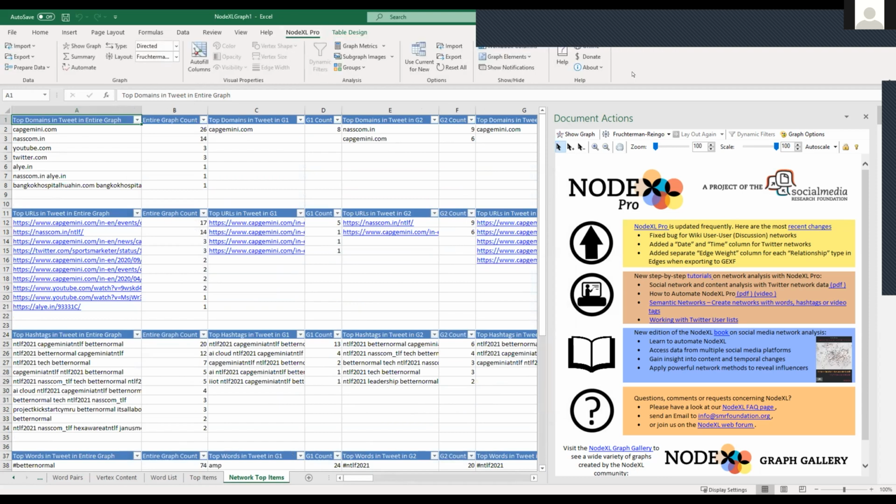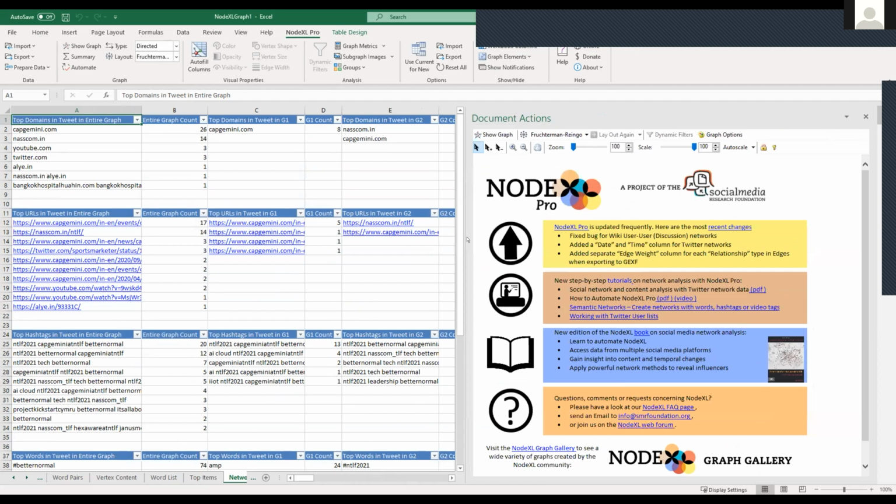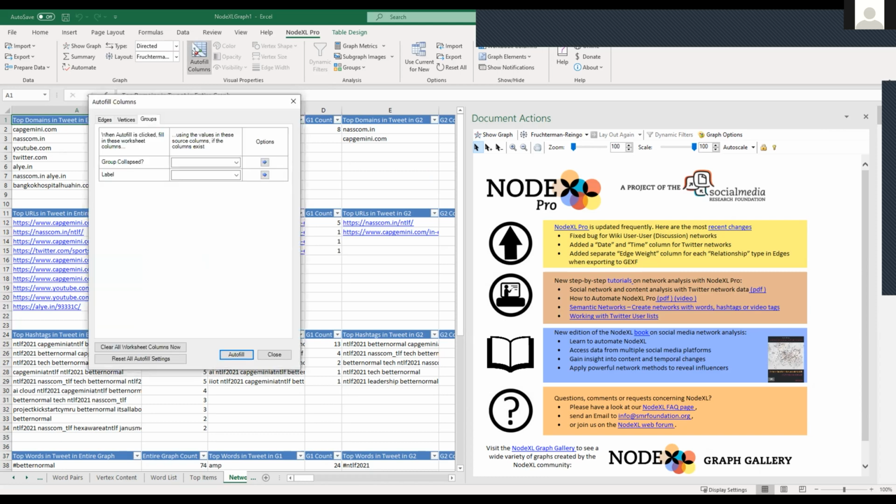So after you've done that, you'll want to now create the actual graph. Because that's what we need to do before we do our analysis actually. So the first thing that you should do is go to autofill columns. And this is where you make some decisions on how you want to lay out the graph. So click on autofill, then go to edges first.